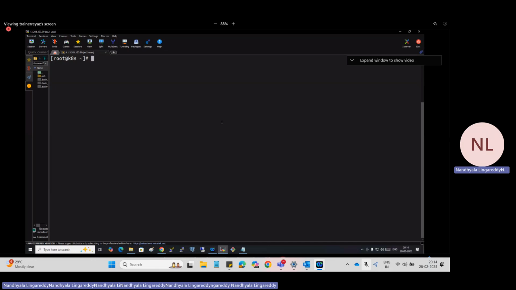Why do we need global service? The reason is, let's say for example, you want to do monitoring of all the 3 nodes. If you want to monitor all 3 nodes, containers should run on all 3 nodes or not? For example, Prometheus and Grafana, which we will learn in coming days.